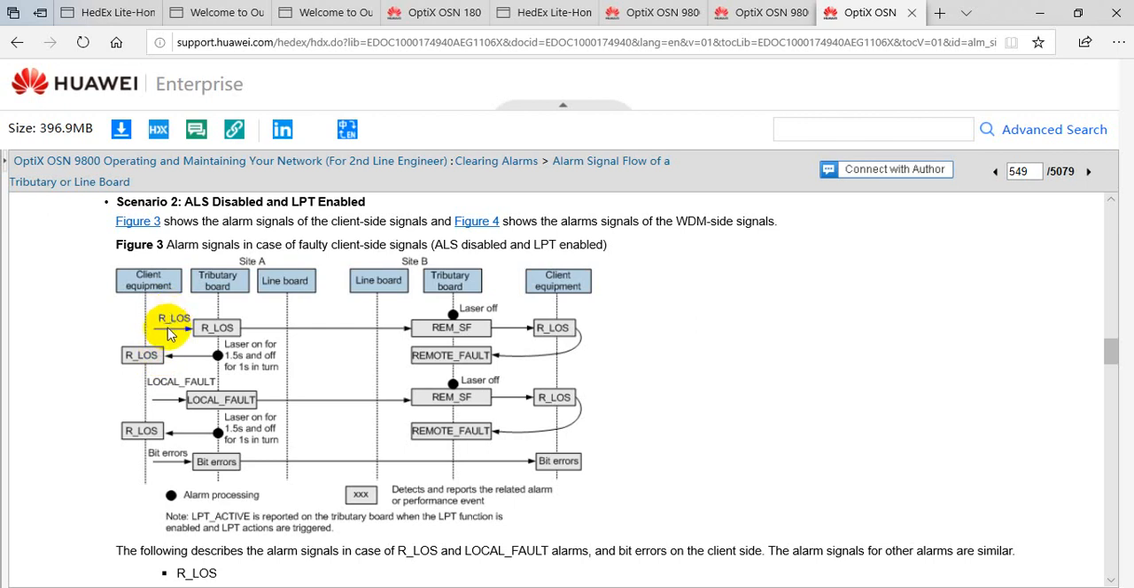if there is a R loss at site A from client equipment, then the alarms will remain the same, actually, without LPT, whatever alarms are there for the section. So R loss is considered remote signal failure, but there is one thing: rather than transparently transmitting the pattern which has been inserted by the upstream, the laser is made off, because this is a LPT action, link pass